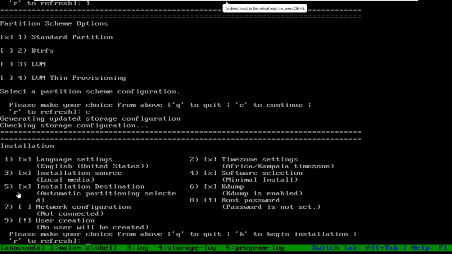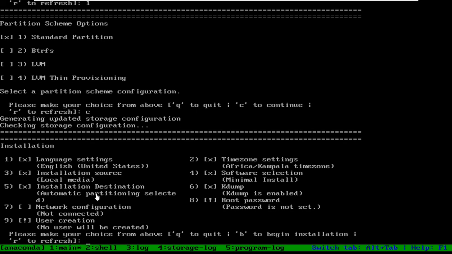Now this option, number 5, is also configured, and it has selected automatic partitioning. Remember, automatic partitioning selected means it decides what partitions and how many partitions to create; that is called the default layout. That we will see. We'll do the graphical installation, and I will explain what partitions it will create and why it will create them. Right now it will create 4 partitions in our system automatically.